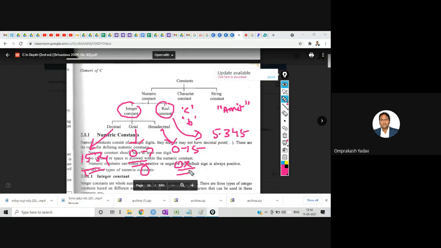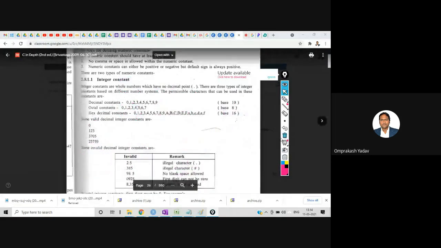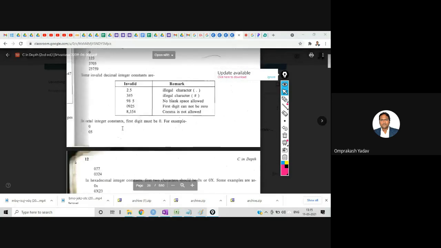So these are the examples of these constants. You can just go through the theory later.